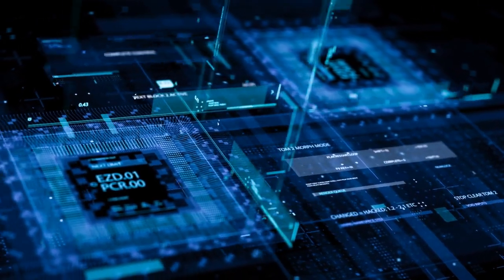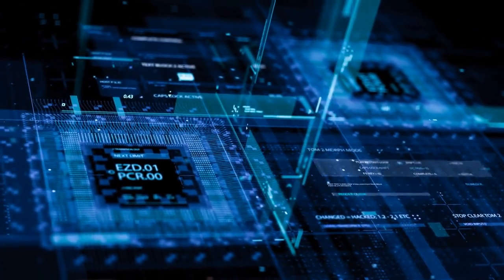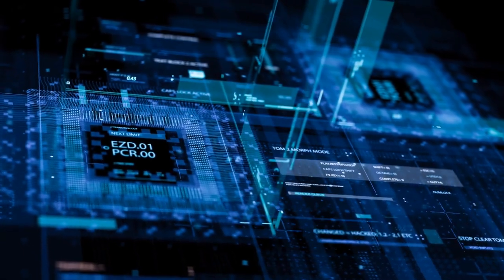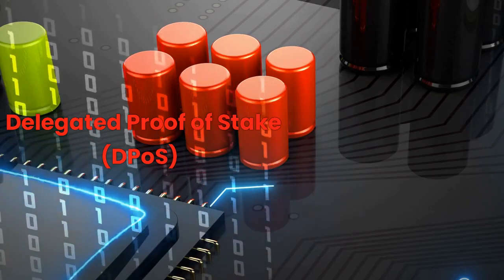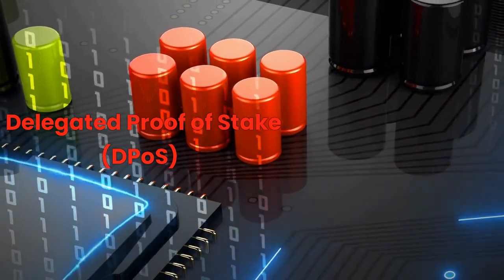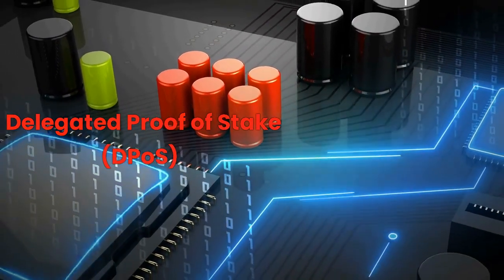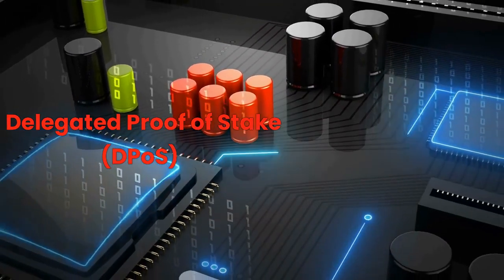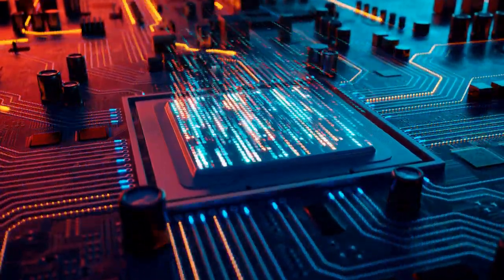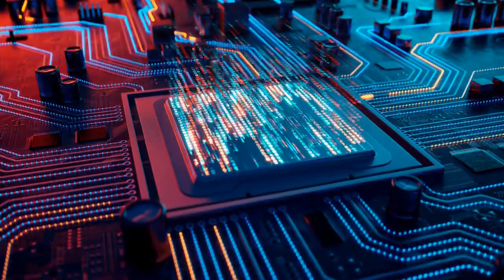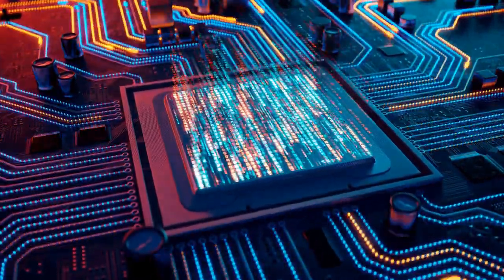Furthermore, POS requires complex mechanisms to select validators and handle situations where validators do not comply with the rules, known as the rude behavior problem, or non-cooperative behavior problem. Delegated proof of stake, DPoS, is a type of consensus algorithm used in cryptocurrencies, which is a variant of proof of stake, POS. In the DPoS, instead of all cryptocurrency holders participating in the block validation process, a select number of proxies are selected to validate transactions and create new blocks.